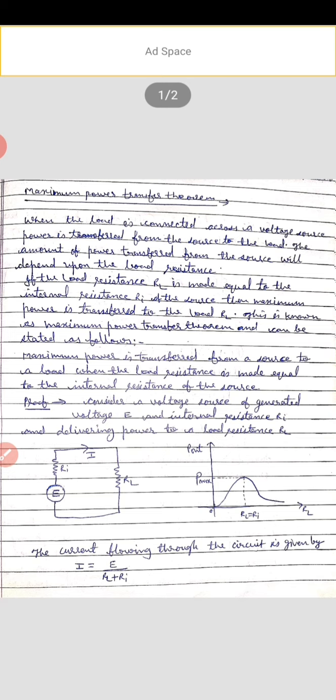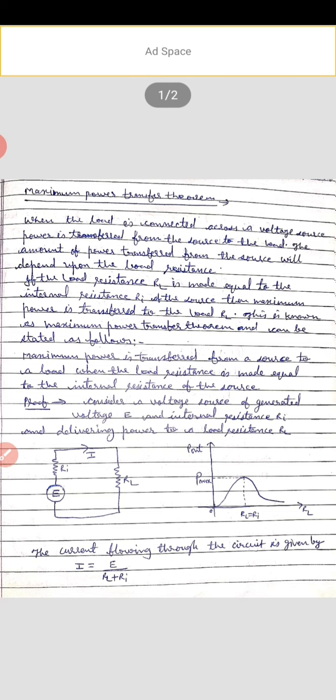When the load is connected across a voltage source, power is transferred from the source to the load. The amount of power transferred from the source will depend upon the load resistance. And if the load resistance RL is made equal to the internal resistance Ri of the source, then maximum power is transferred to the load RL. This is known as the maximum power transfer theorem